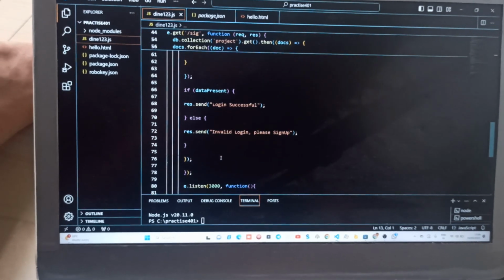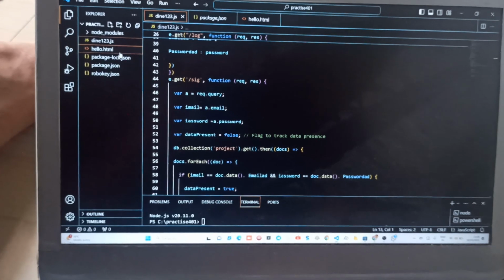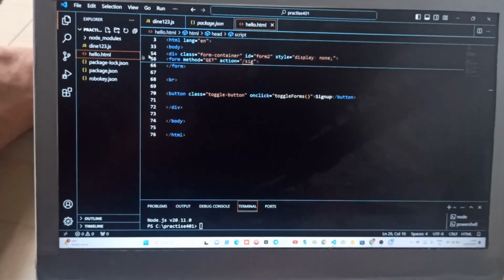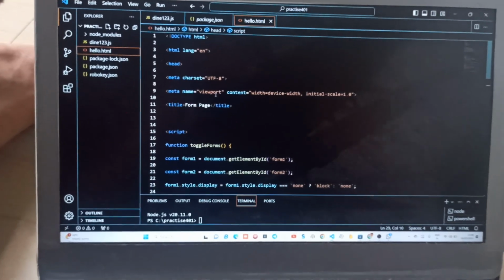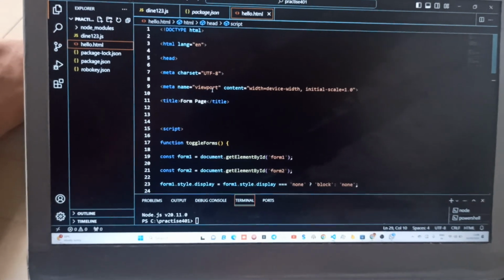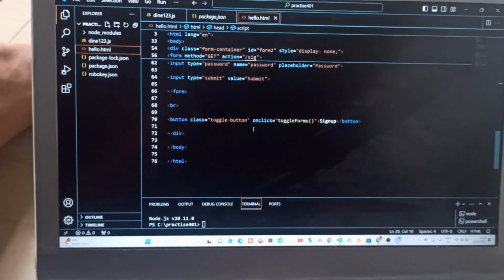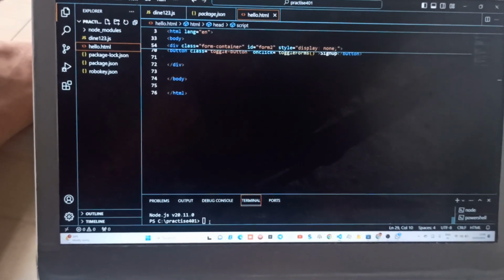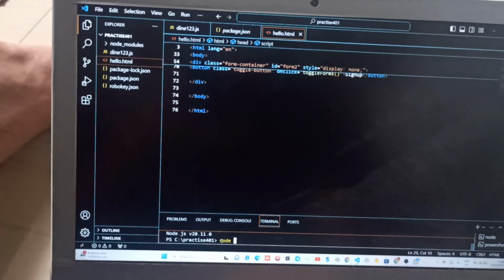Okay, this is my code, and here I also implemented HTML code for my website. So this is our HTML. This is the basic code. Okay. So I will show my output right now. When I enter node space file name,